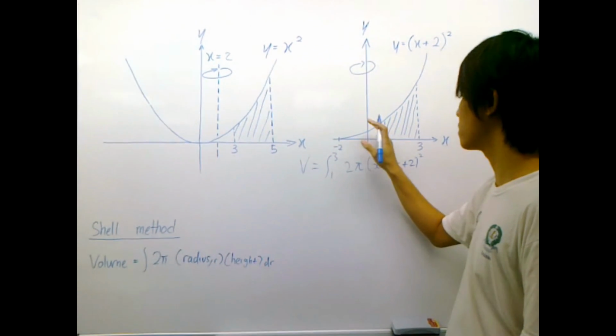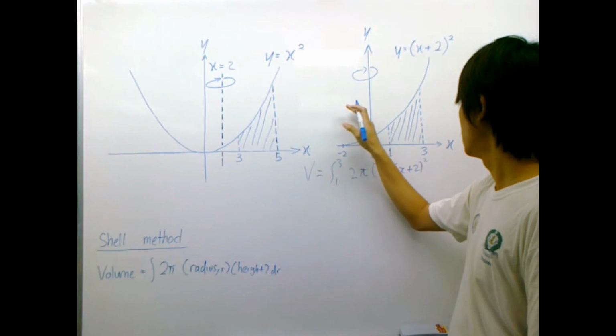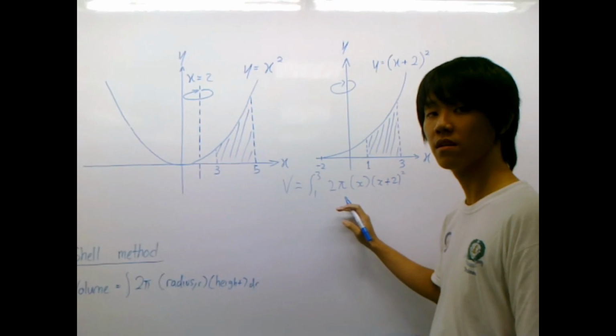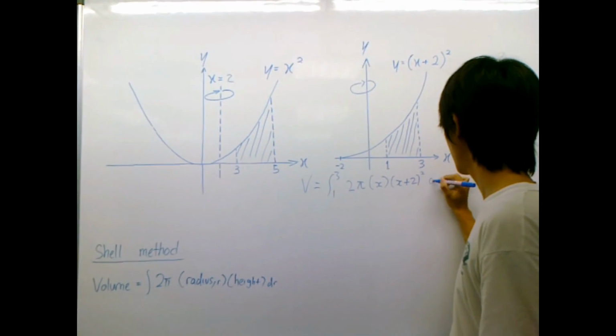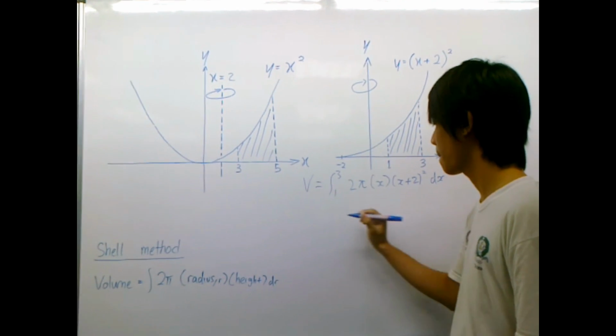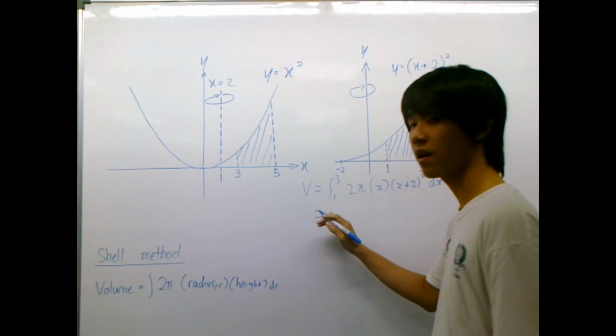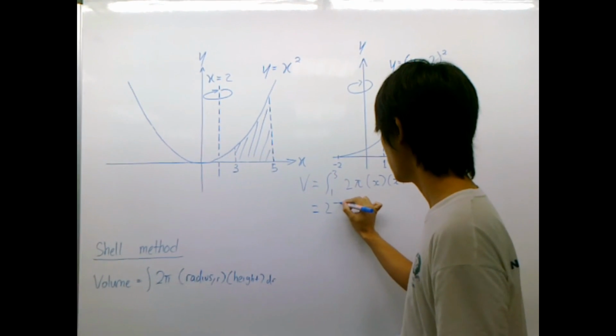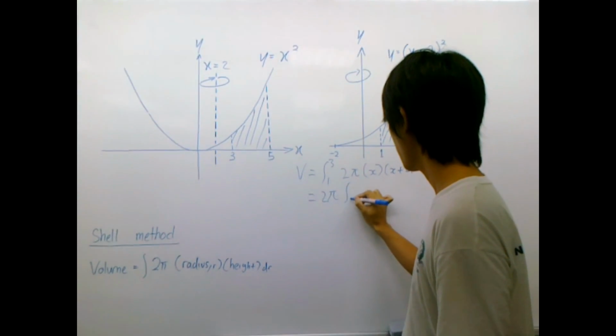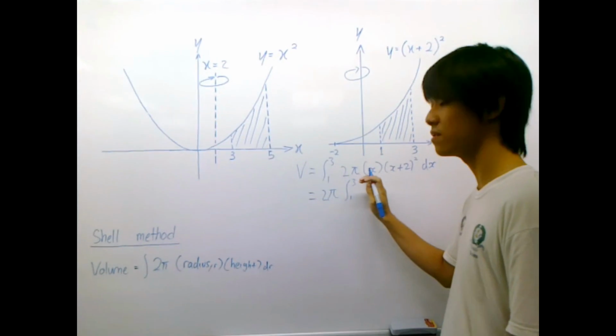And since we're revolving this around the y-axis, we're integrating with respect to x. Once again, we can take 2 pi out since it's a constant. And if you work this out, you'll get